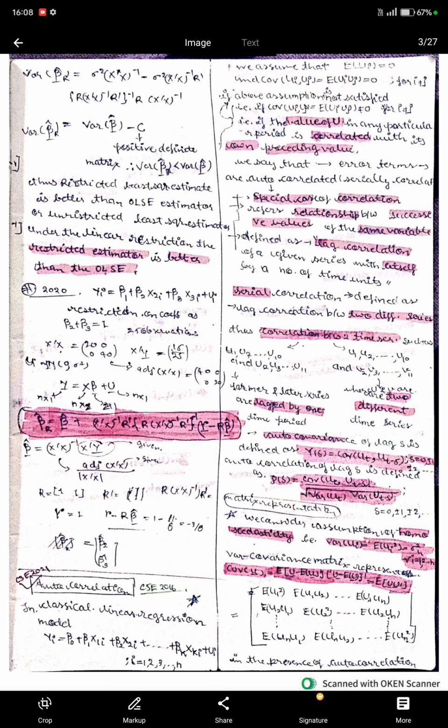Since expectation of u equals 0, that will give the expectation of u1 square, expectation of u1 u2 and so on, expectation of u1 un. In the second row, expectation of u2 u1, expectation of u2 square and so on, expectation of u2 un. In the nth row, expectation of un u1, expectation of un u2 and so on, expectation of un square. In the presence of autocorrelation,